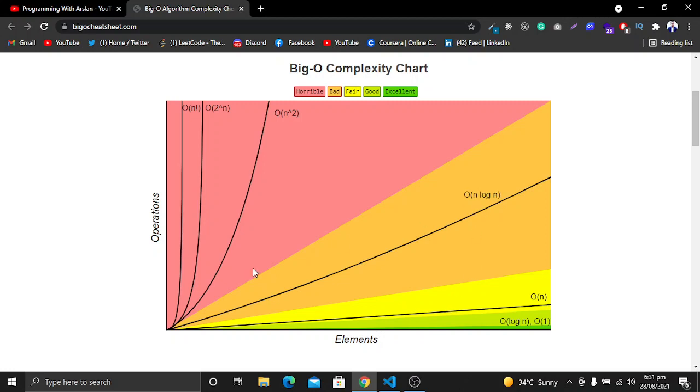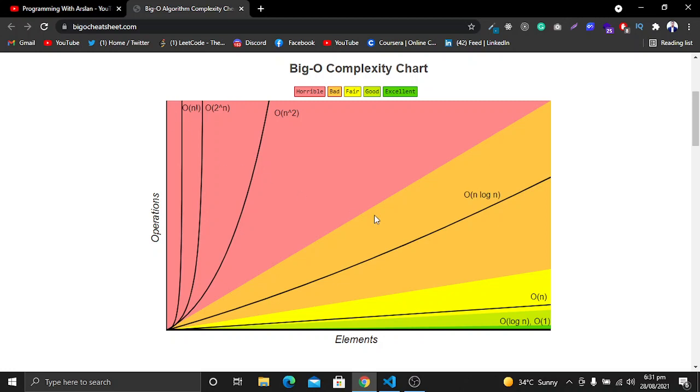Now what is n log of n? As you can see here, it is a bad algorithm with this Big O notation of time complexity, and these are horrible: quadratic, exponential, or factorial time.